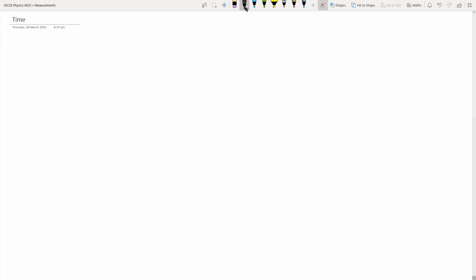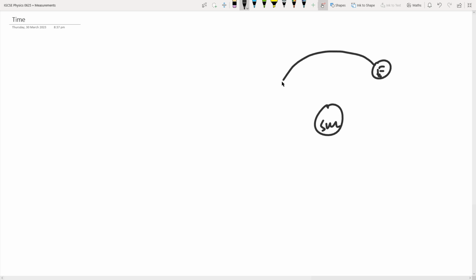Time is actually how many seconds the clock has moved on, or how much the Earth is moving around the Sun. So the actual parameter for time is the movement of, let's say, sorry, let me just remove this. So here's the Sun, and this is the Earth, which I'm going to denote by E. How much time the Earth takes to complete one revolution around the Sun is what we call 1 year, and